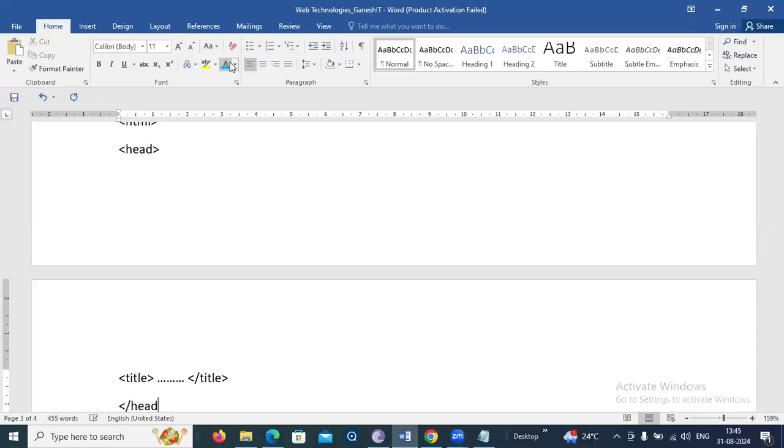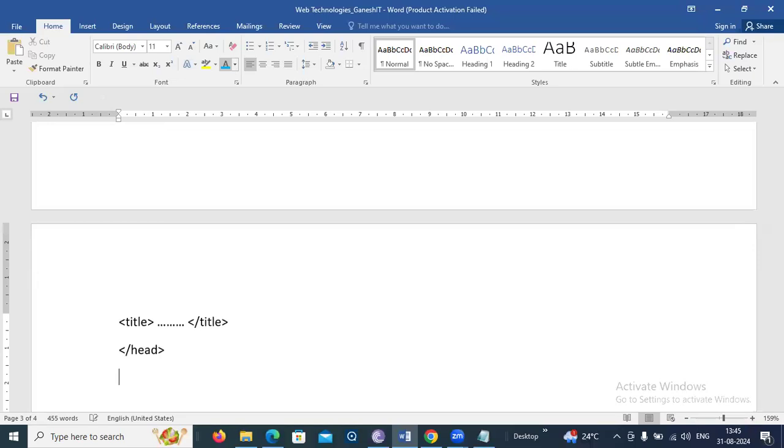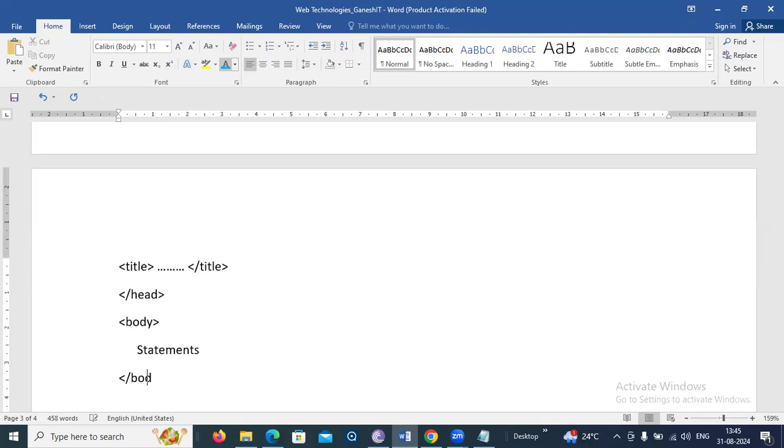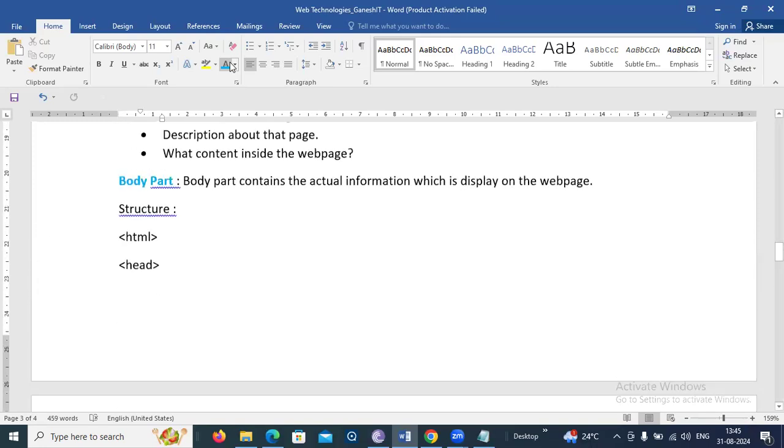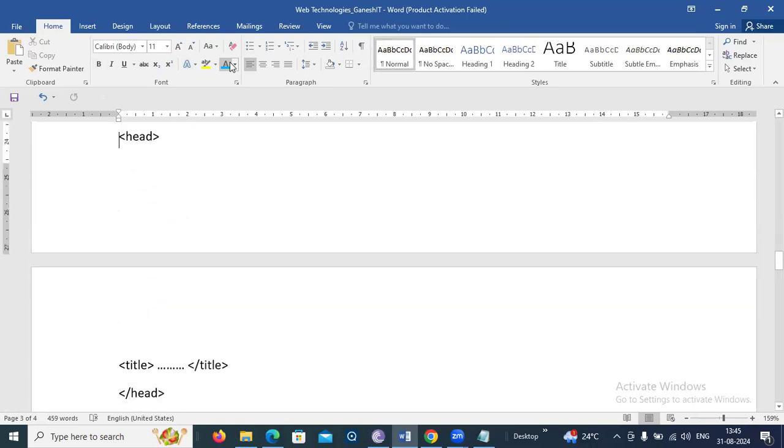And close the head tag. Then after that open the body tag. Then here we write statements. Then close the body tag and followed by close HTML tag. For better understanding, what I will do,